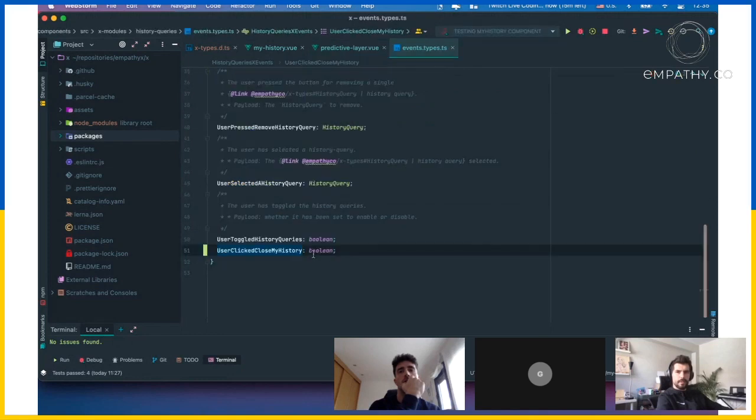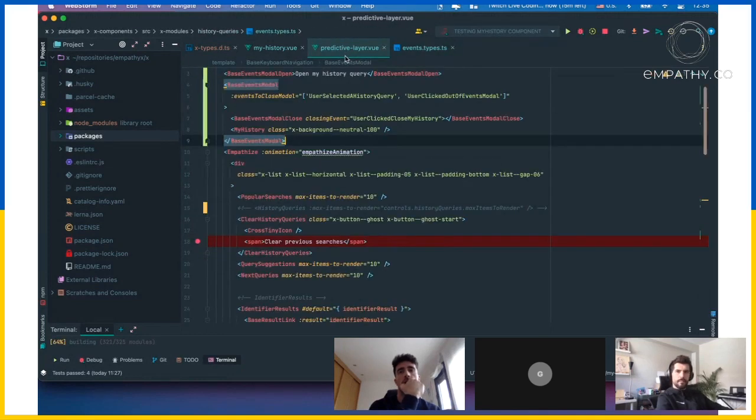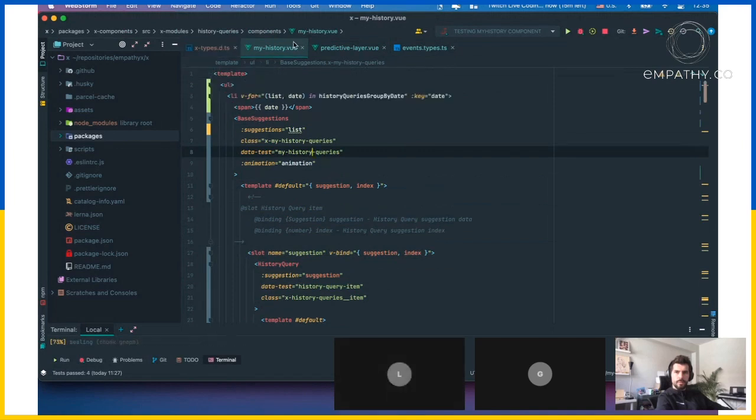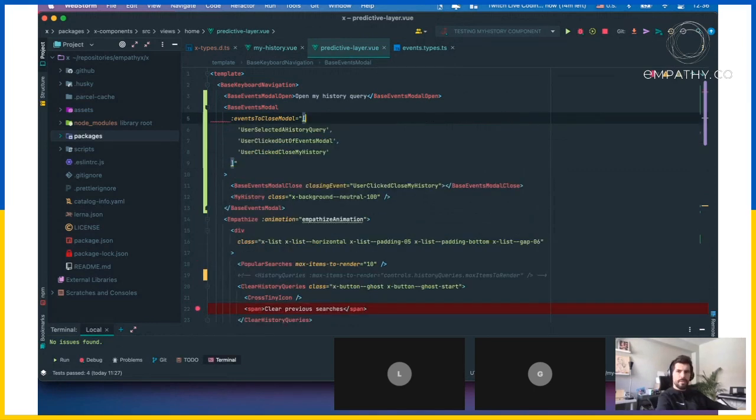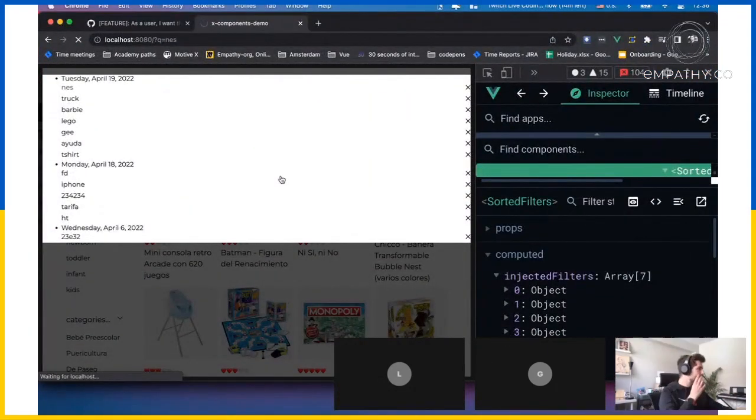Yeah. And the void is. So here right now we have this events model that is going to be closed when I select a history query or when I click out of events model. And here the events model close, there is a button that is going to emit this event. We want to add it here also because we want to close this model when this event happens. So if I go back here and reload this,